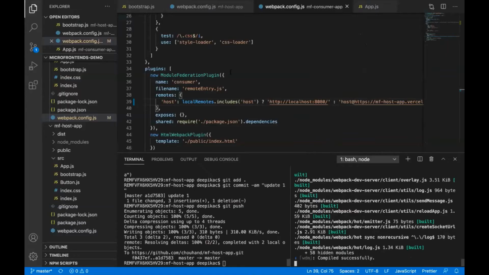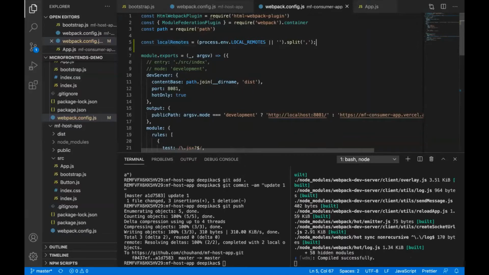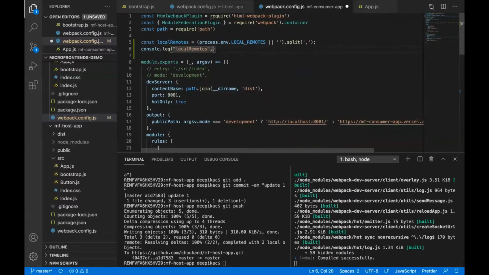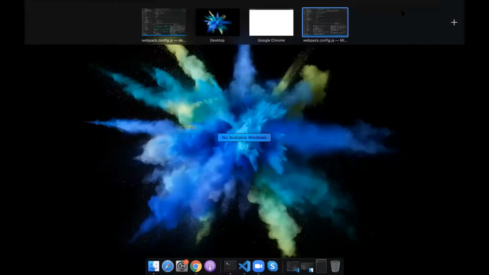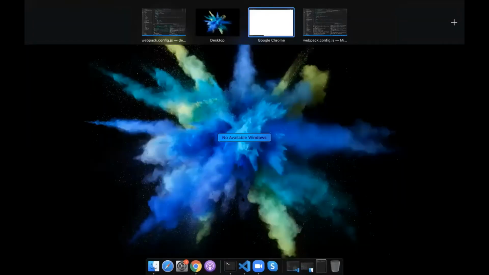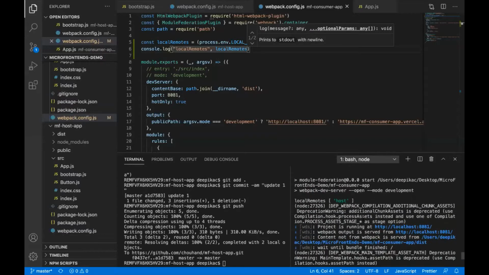As you can see, it is not loading the script. Just for now, to see whether it is actually taking the host or not, console.log local remotes. Let's start it again and close this one. Okay, you can see over here somewhere that it should be host.